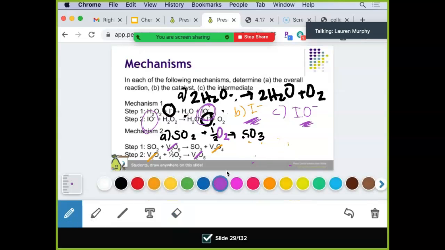Our catalyst that goes in and comes out unchanged is V2O5. It goes into the reaction